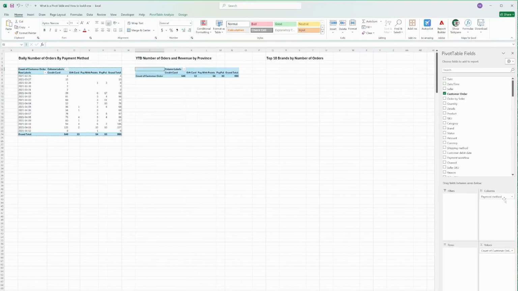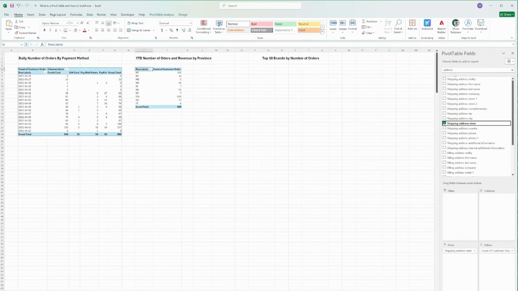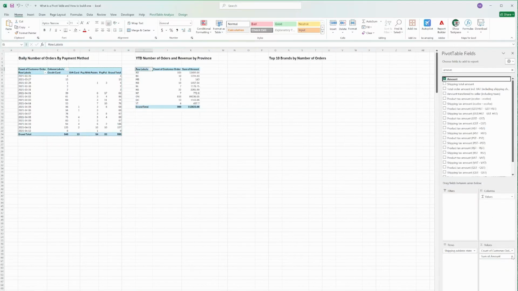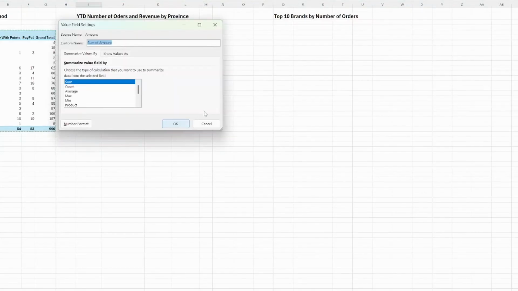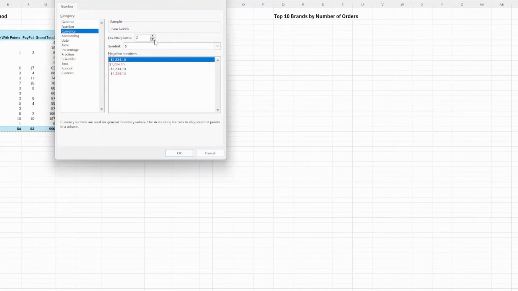So we'll remove date and we'll remove the payment method, but we can leave the number of orders. So let's find orders and revenue by province. So let's find the address, and the province will be under state, and the next one is amount, and we will have sum. So for this sum we need to change the setting, so we'll go to the number format and change this to currency, remove the 2 decimal places, and